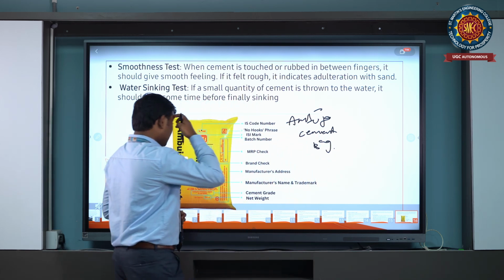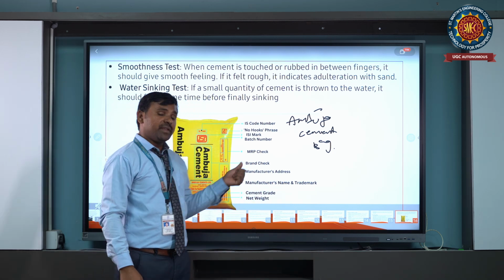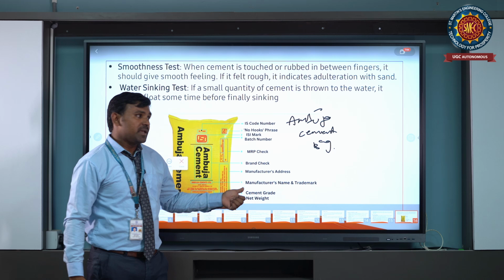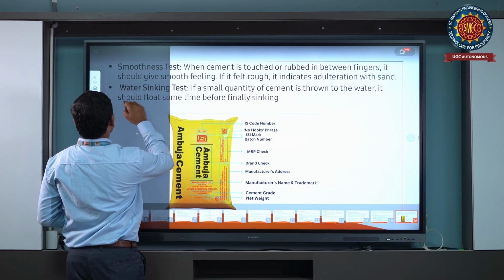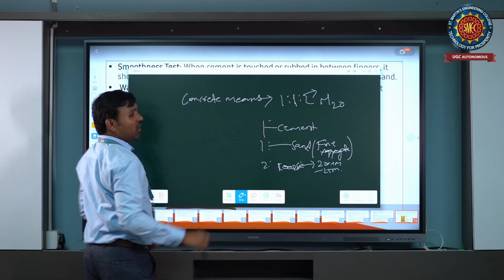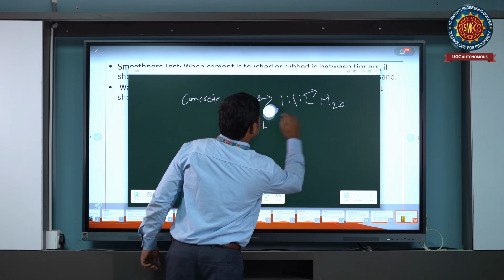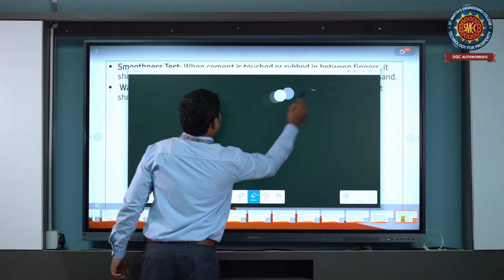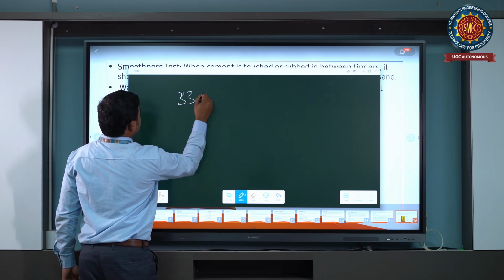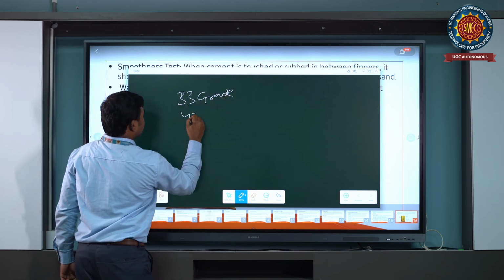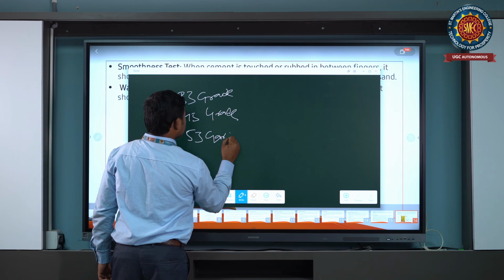In that you will see the manufacturer name and trademark of the company, the weight of the cement, and the grade of the cement. Usually in cement we have grades like 33, 43, and 53, which is known as the compressive strength of the cement. Nothing but, in that we have 33 grade, 43 grade, and 53 grade, which is nothing but